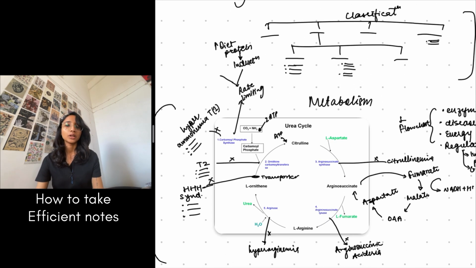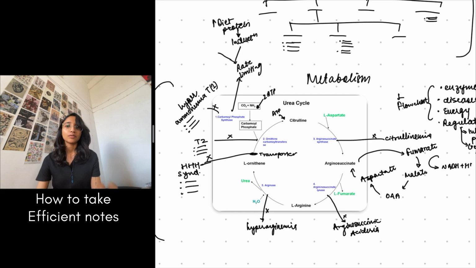Then, as for metabolism, taking the urea cycle as an example in this case, first of all, you draw the cycle, the skeleton. Then you will add the enzymes. Once you've added the enzymes, you need to add the energy metabolism, right? So, if there is ATP being made, if there's ATP being used, if there is a production of NADPH, whatever these energy-rich molecules are, and then at the very end you will add all the diseases that will happen if there is a problem in the enzyme. And once you've done that, make sure you make this cycle very big, right, so that you have enough space to add all of these things. And at the very end you will add the regulatory factors for this cycle.